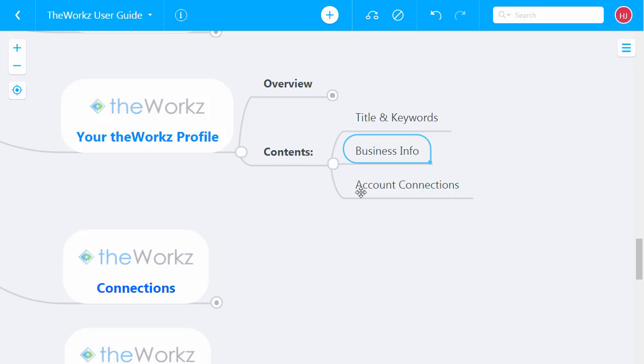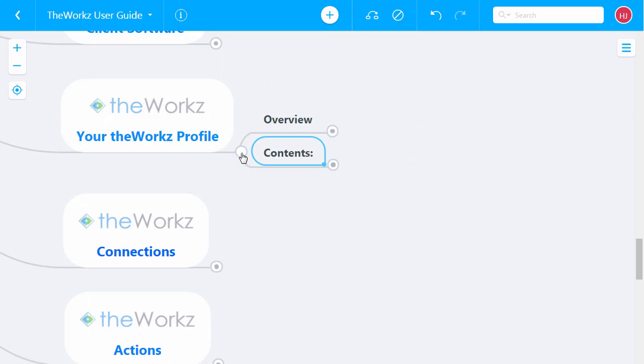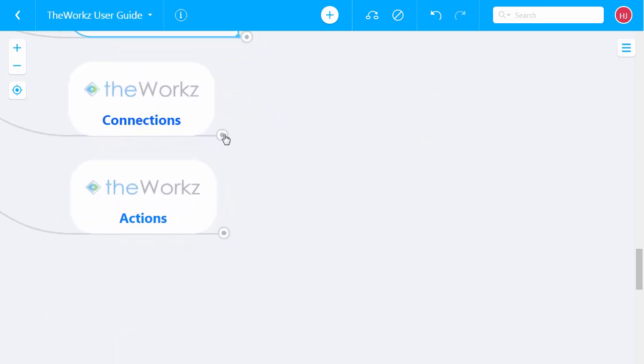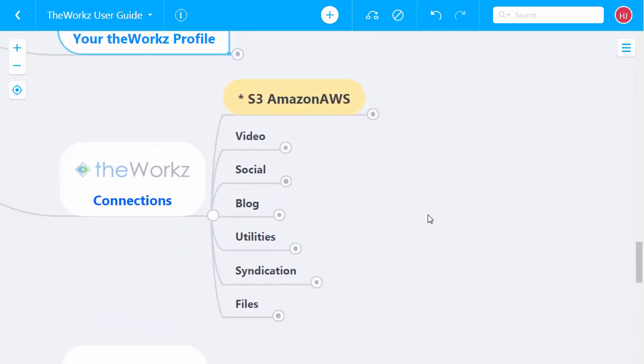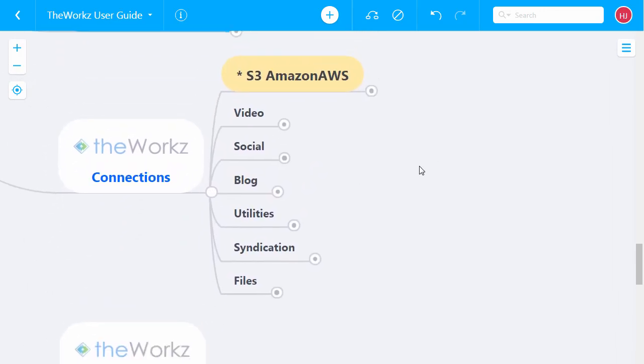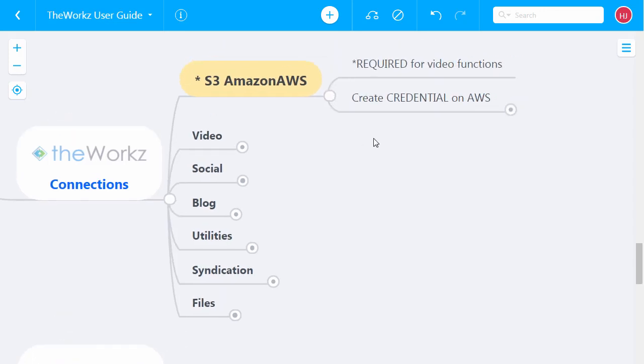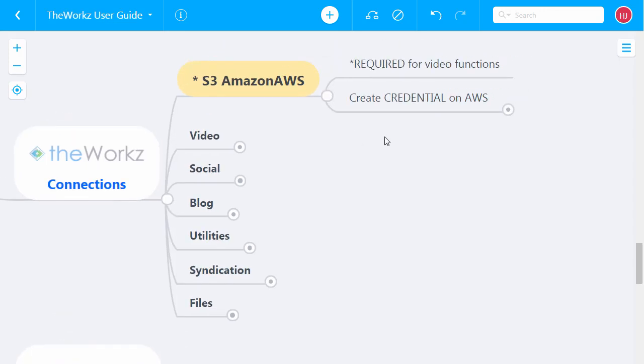Let's take a look at the connections that we've got already working. The most important one is the S3 Amazon AWS, and it's required for video functions going forward. With VidWorks and LinkWorks, I believe we're using our own S3, but we'll probably be changing that so you can use yours. And for the other ones, TapVids requires you have your own S3.